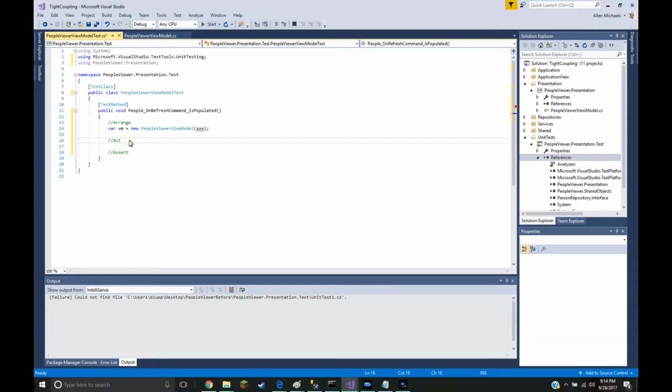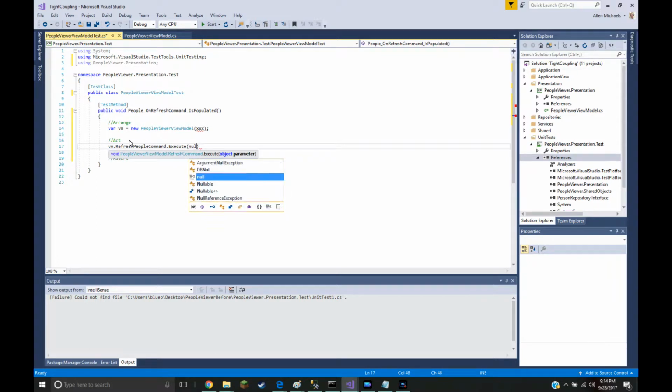So the next step that we do is we say view model that refresh people command execute, and we send null parameter, and then